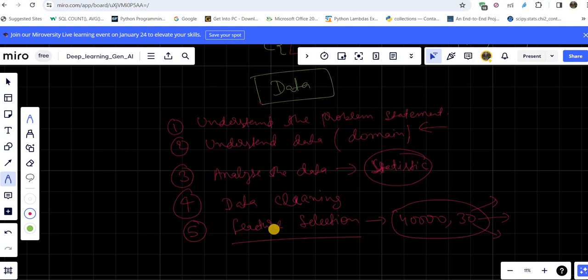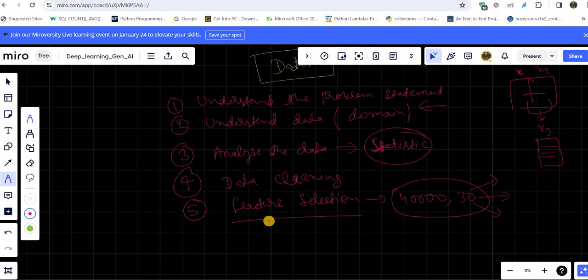Let us suppose the data has two features, x1 and x2. You decide to multiply both features and create a new feature called x3. Then you think that after multiplying these two, you get better intuition or information for predicting the house price or whatever the value is. Understand? Then once you have done that, you have to perform splitting the data.